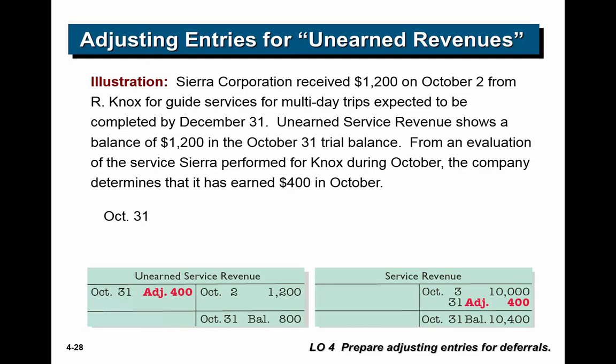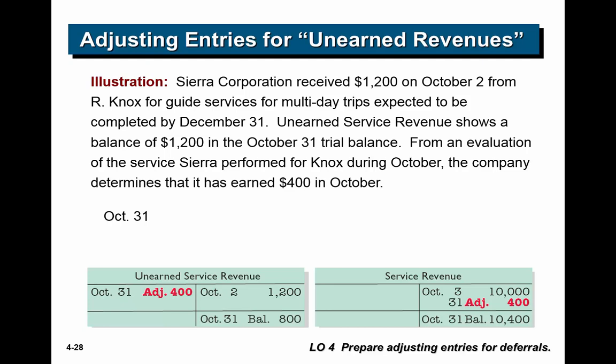All right, and now an example. Sierra Corporation received $1,200 on October 2nd from Knox for guide services for multi-day trips expected to be completed by December 31st. Unearned service revenue shows a balance of $1,200. Okay? Remember, even though it has revenue in its name, it's not a revenue account. Unearned service revenue is a liability, money that they owe. They either owe the $1,200 back to Knox, or they need to deliver the service to them,